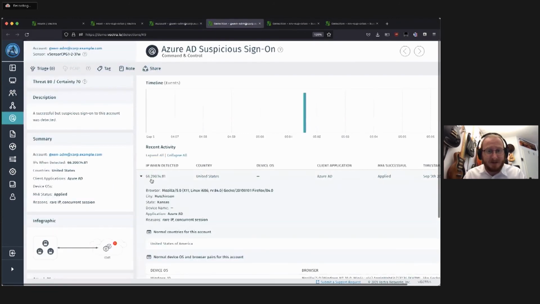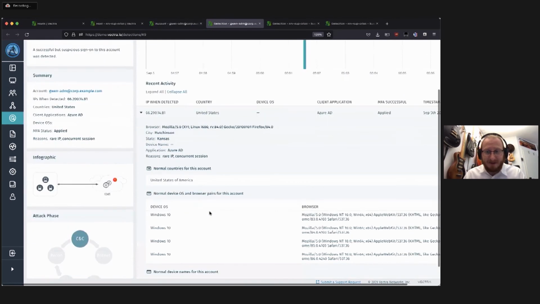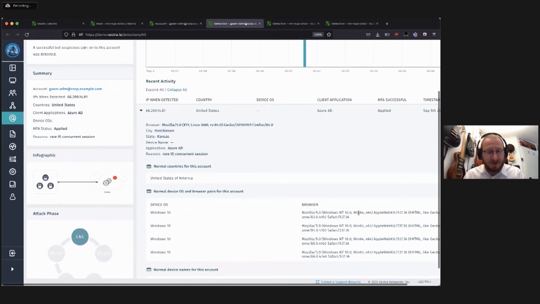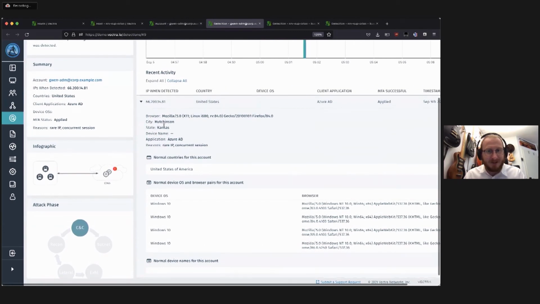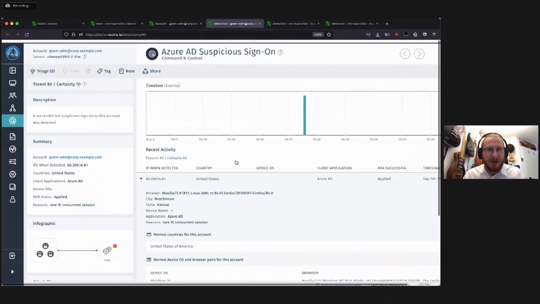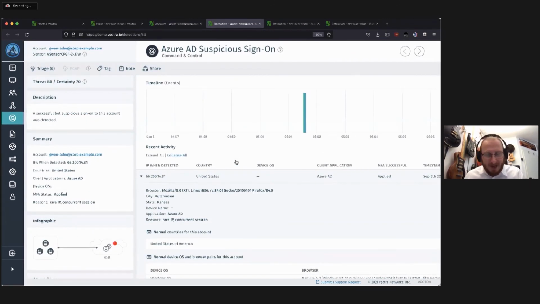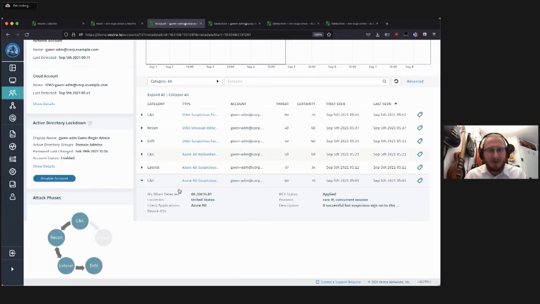The browser doesn't match: we have Linux, whereas usually we have a Windows 10 system, NT 10. Before it was the United States of America, now it's Hutchinson, Kansas. Something might not be okay. So far, we had this connecting event and some suspicious login. What further?